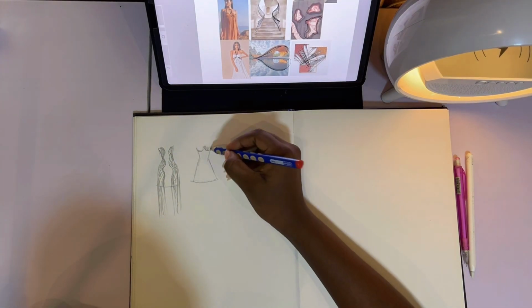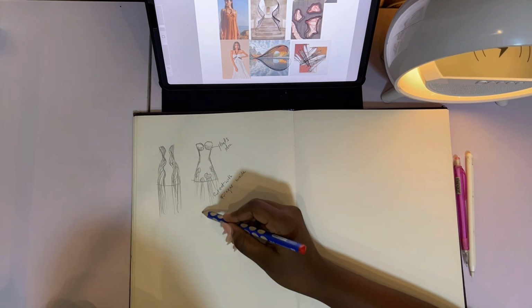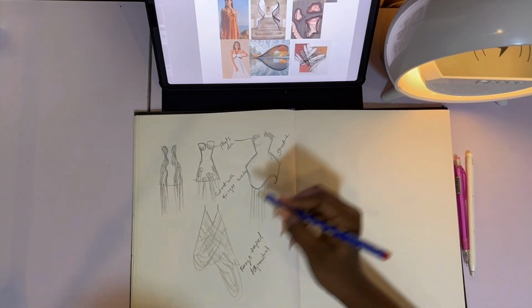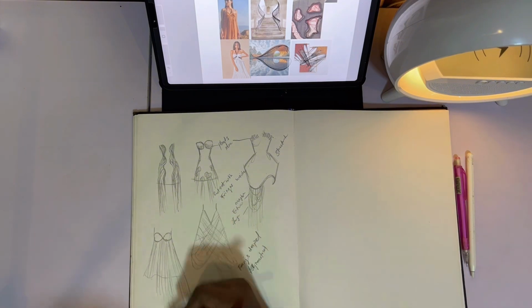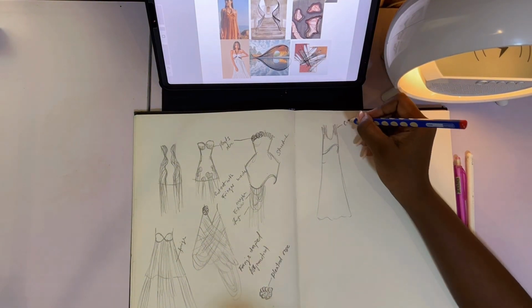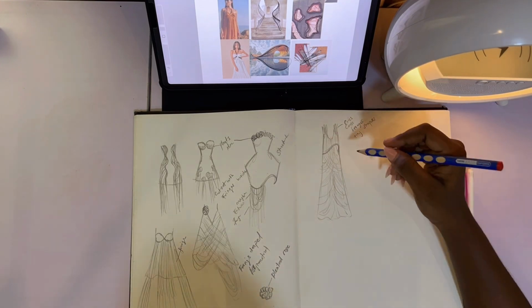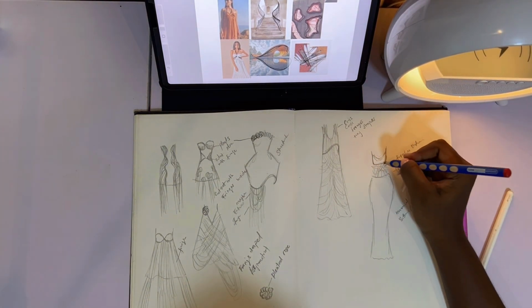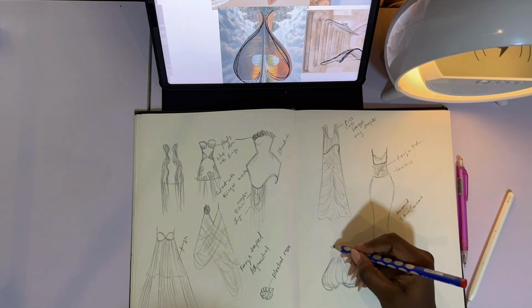After this, you're going to go back to your sketches and look at the things that keep repeating themselves, regardless of how many times you draw it again. That means you're onto something. Now it's time to select the first set of sketches that you want to include in your fashion collection. This is where you look at what you've done so far and try to pick out the pieces that align with your inspiration.